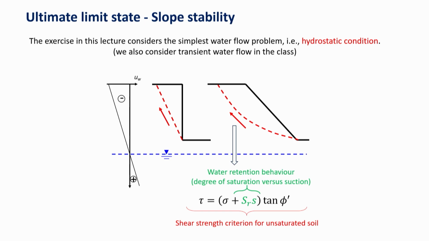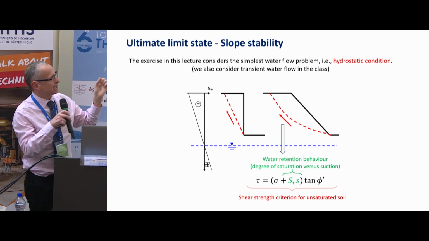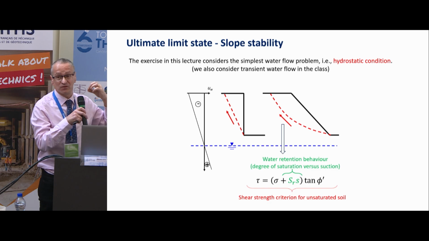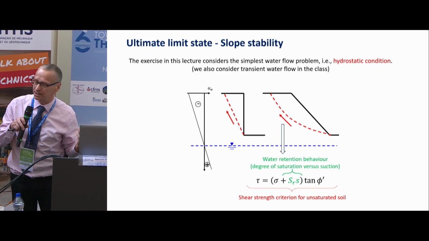So essentially, what you need to talk about is quantifying the shear strength that develops along the failure surface. I'm anticipating where I'm going to. That's the failure criterion. So we need to develop a failure criterion for the unsaturated soil. And then you are going to discover that in the failure criterion, you have 2 things. You have suction, or the negative pore water pressure, and the degree of saturation. So at some point, you need to understand what happens in terms of relationship between suction and degree of saturation, and that's what we name water retention behavior.